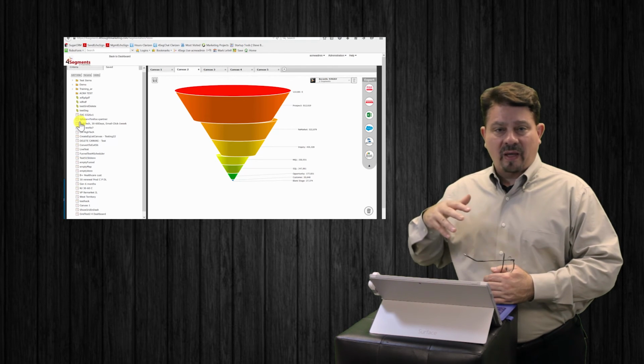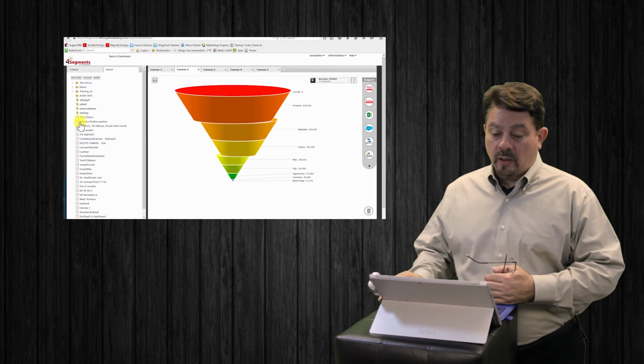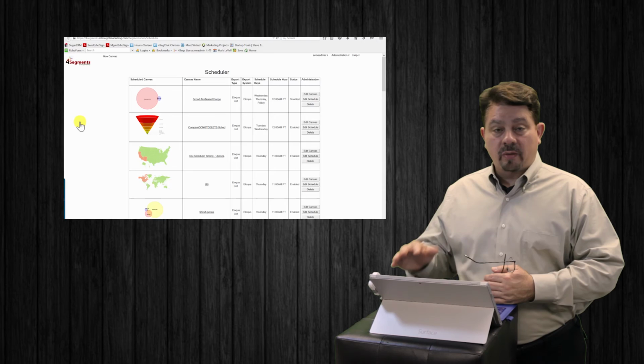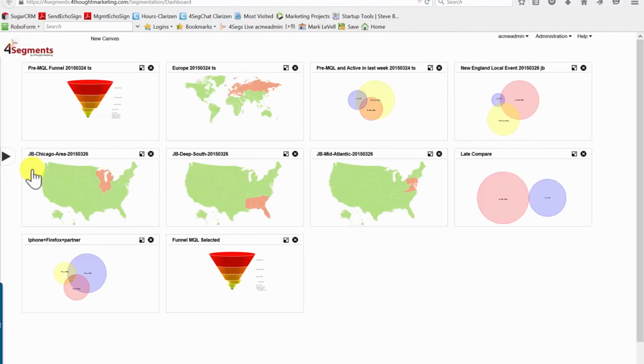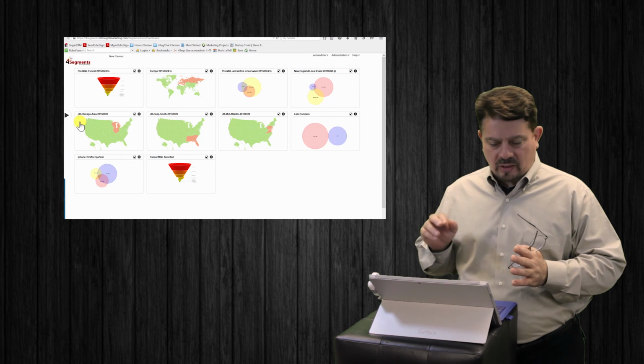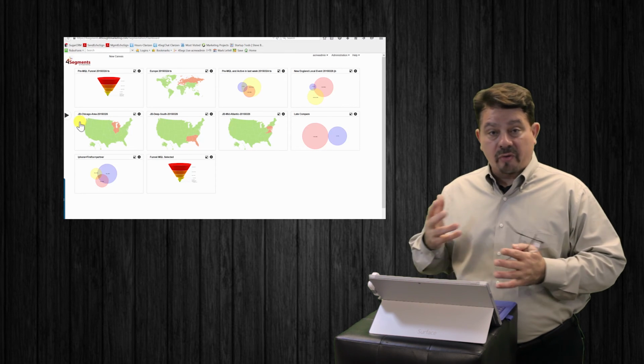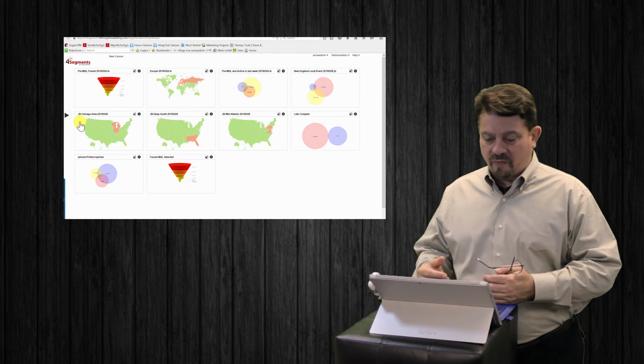When they're saved, you have the capability to come back to them in the future, and after they're saved, you can schedule them to move over into Salesforce or move over into Eloqua on a recurring scheduled basis so that your segments in your other systems are always updated. And you also have the capability of creating a nice dashboard, so when you come into the system, you can see all your segments and figure out which ones you want to work with and just click on them and go into them directly, and also see if they've changed due to data change over time.